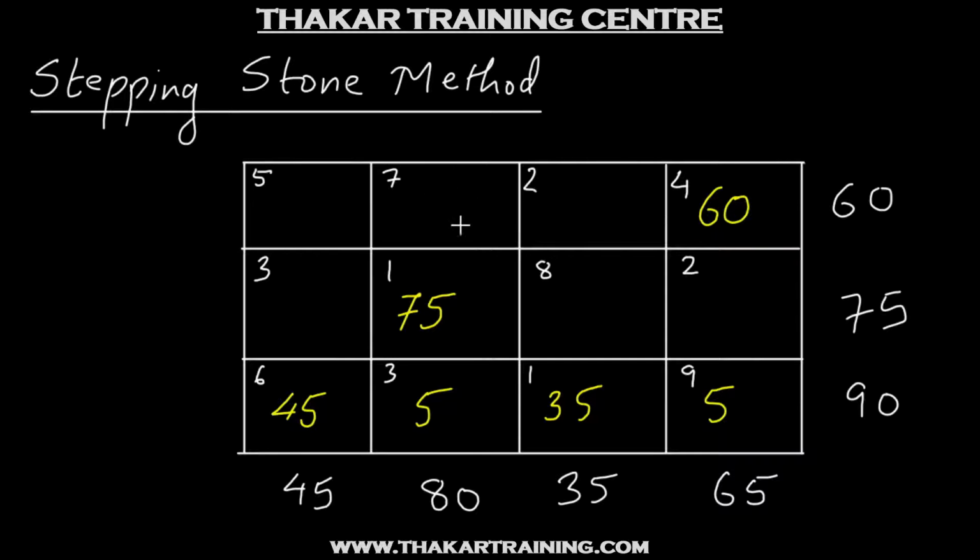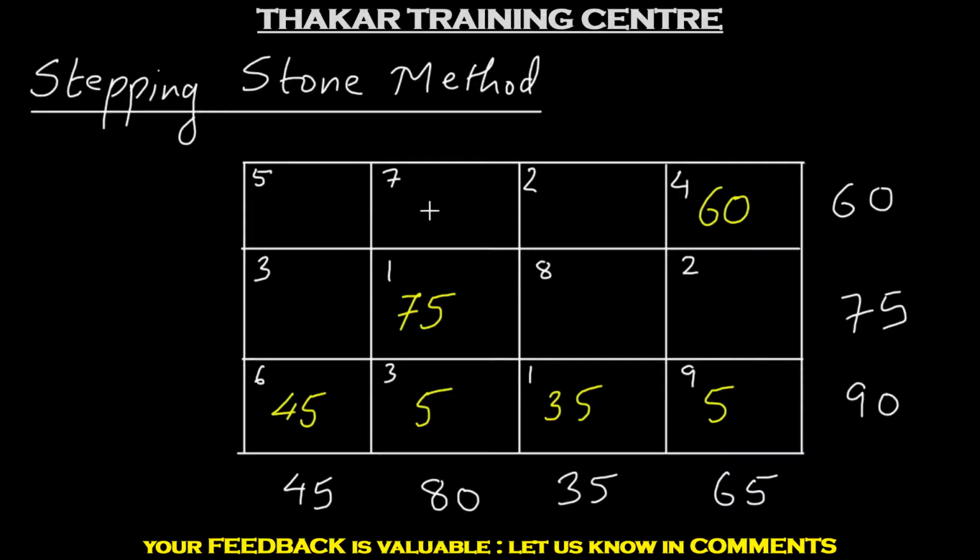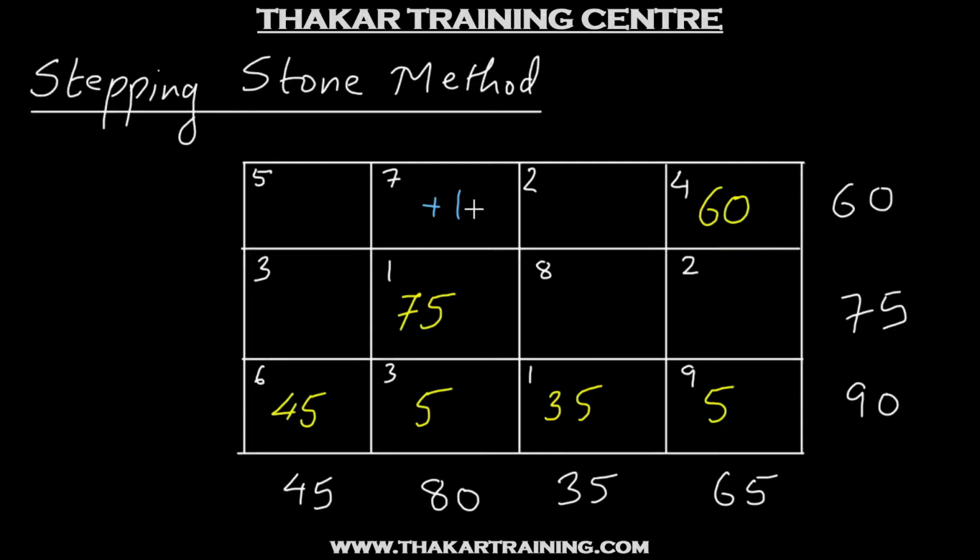So now we'll try to evaluate what is the effect of making an allocation in this cell. To do that, we write down +1 over here. Once again, we have to adjust the other allocations so that the rim conditions and the non-negativity constraint are satisfied. To do that, we have to identify a loop which includes this cell. So this is a loop.